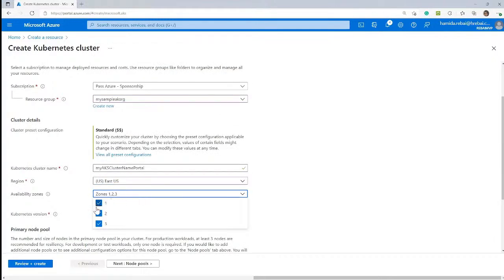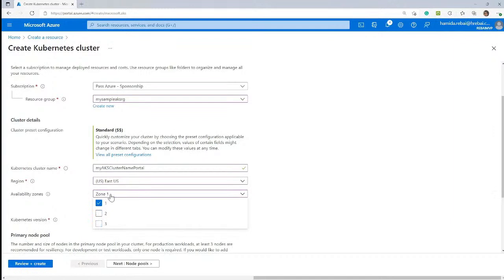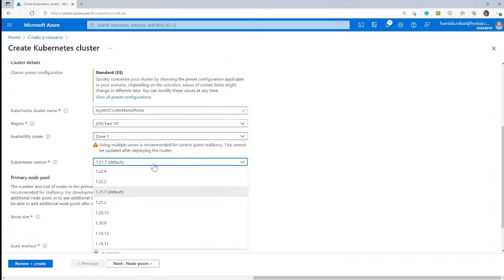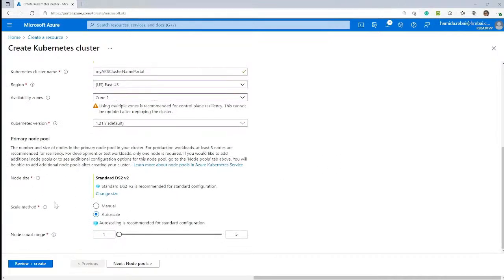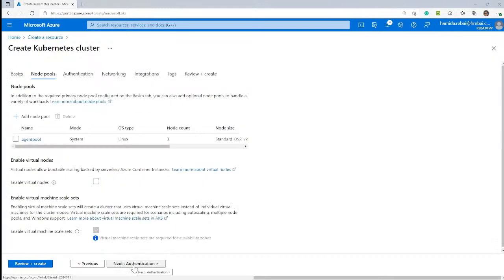I will select US East, and here we have the availability zone. To ensure your resiliency and high availability, you need to select more than one zone. And here we have the Kubernetes version. After, we will select the node size. I will keep this one, the standard. And we have two methods to scale. I will select auto scaling. We have here the node pools,